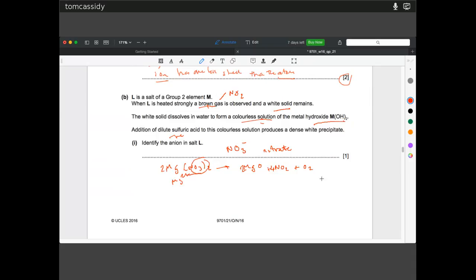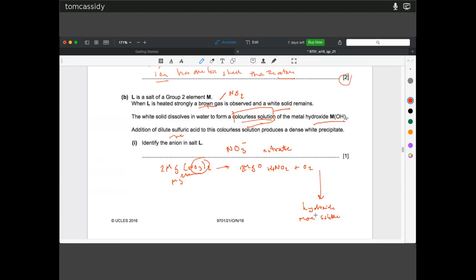And you need to know that as you go down group 2, the hydroxides become more soluble. All right? So if this metal hydroxide dissolves in water, you can see there it's a colorless solution, then it must be at the bottom of group 2, not the top, because the hydroxides are more soluble at the bottom